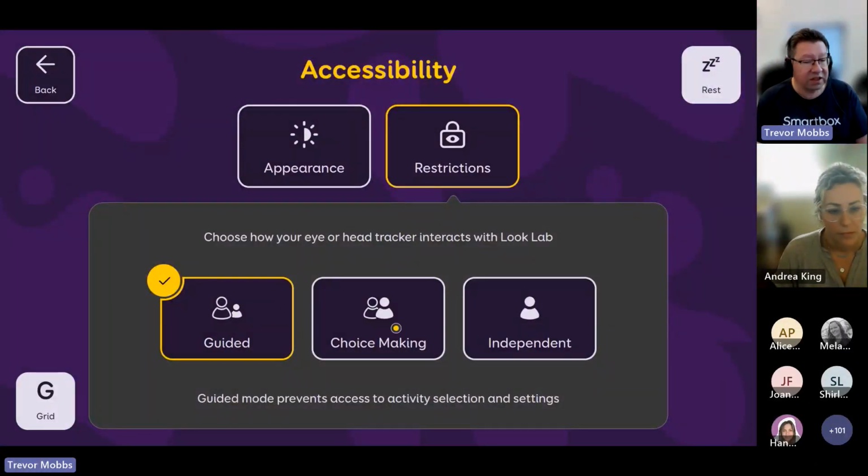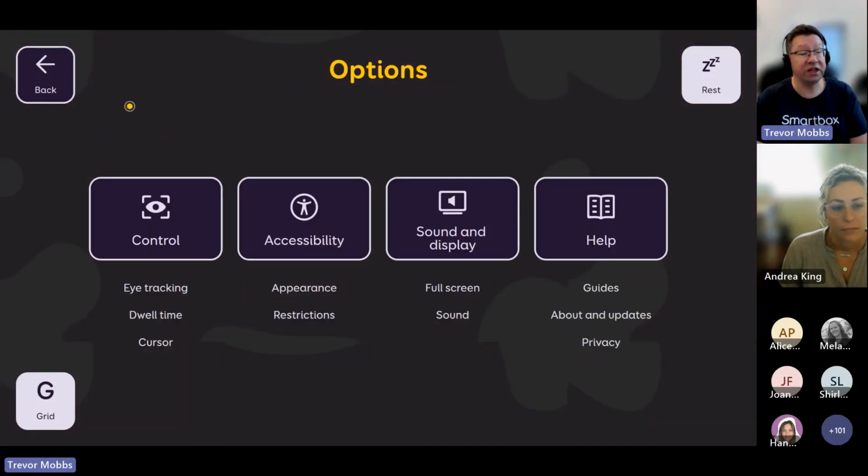You can see that the appearance of these cells has changed now, because now I'm in guided mode, and the cells which can't be accessed via eye gaze anymore are in this darker color. As I leave my cursor over those, you see I can't dwell to select those, but the ones that are in the lighter gray color, I can still dwell on those. So I can still rest, and I can always switch to grid in any mode, and that is to switch to grid for communication. So that's always going to be available, and I'll show that in a moment as well. So having made those changes,